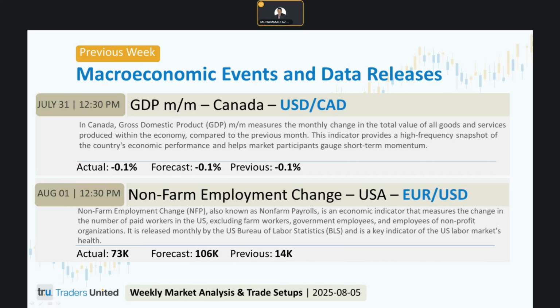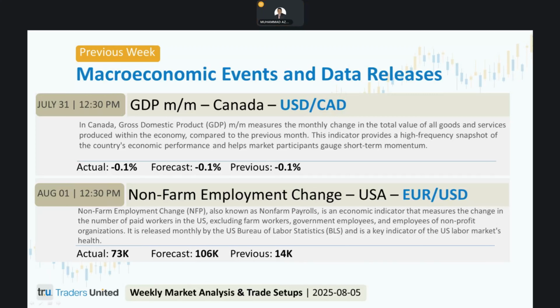So the conclusion about the NFP is the July NFP report disappointed expectations. The expectation was 106K, we got 73K, but it showed a modest recovery from the prior month. The prior month was 14K. As a result, the EURUSD currency pair moved higher, reflecting US dollar weakness and renewed market hopes for Fed policy